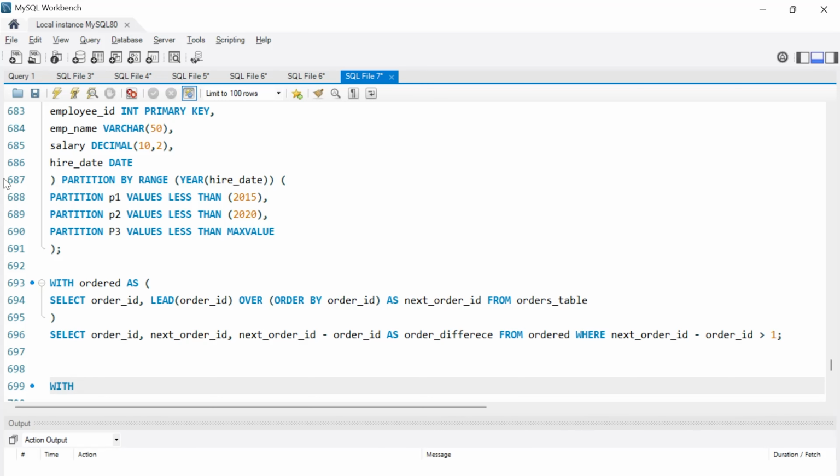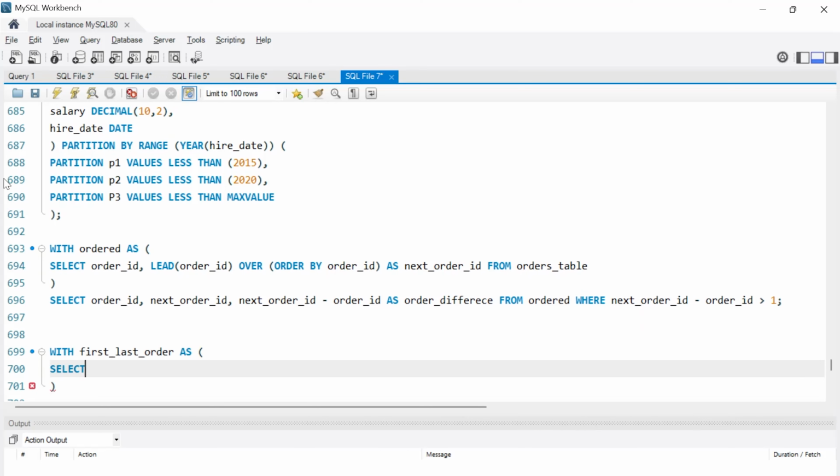With, we are going to use the CTE. So with first_last_order, we are naming it for our convenience. We are naming the CTE as first_last_order as,